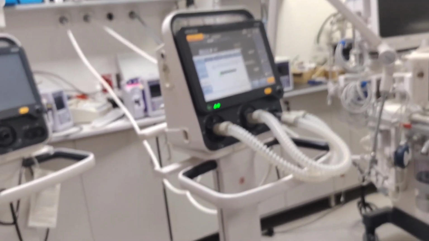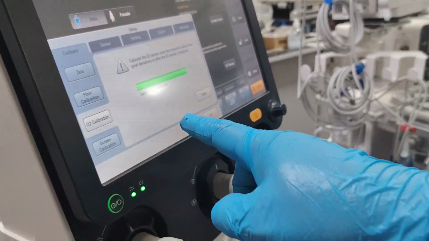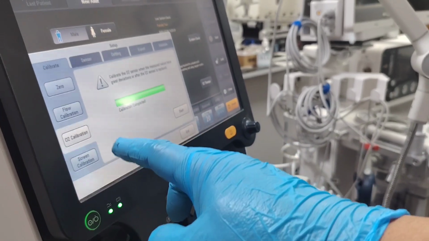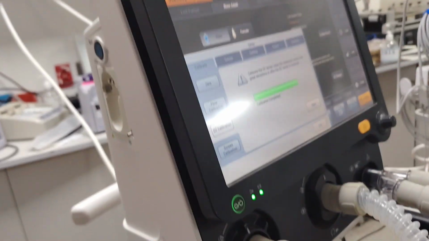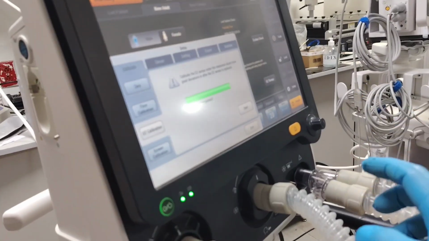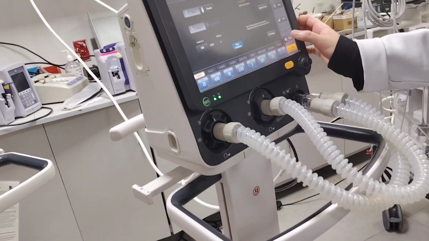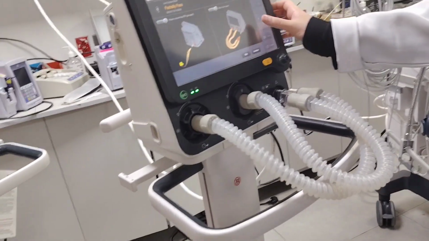We will just wait for that calibration. See now? Calibration completed, green. So meaning our oxygen is okay. Now you will check again in the basic check. Other side, other one. Then continue.